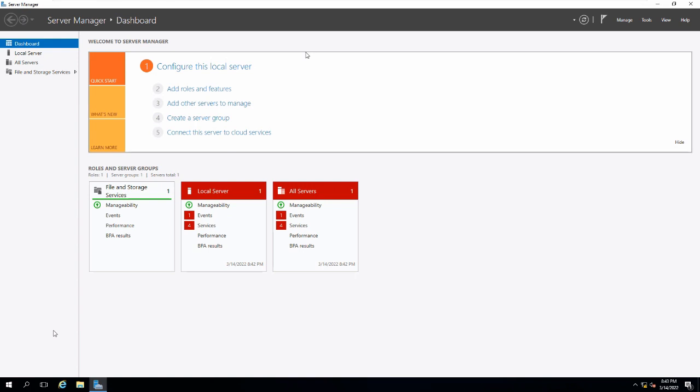Like you told earlier, you have to give the proper server name, and if you have a domain in place, you have to add this computer to the domain, and prior to that you should give the static IP and the gateway address, and so on, right? Those are the information you have to configure, right?